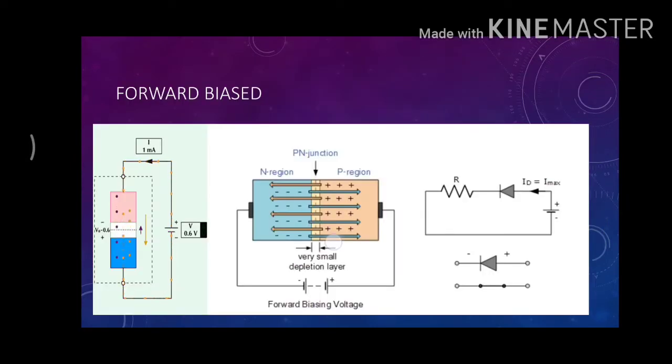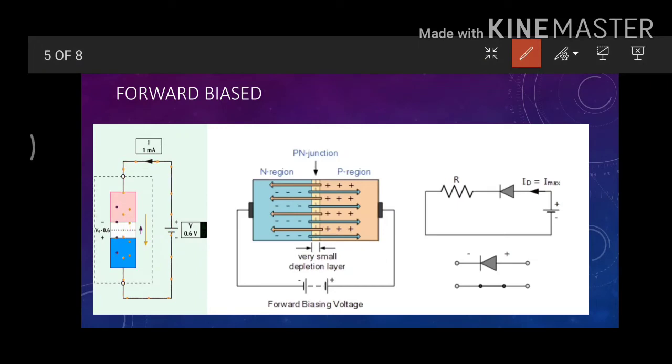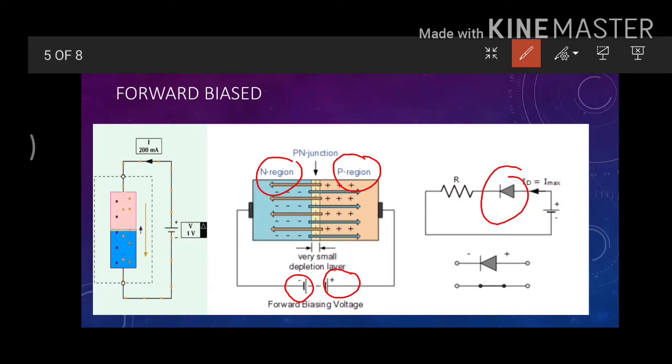So this is a forward bias condition. What is the forward bias condition? Forward bias is the condition in which we connect the n-type region with the negative side of the battery and the p-type region with the positive side of the battery. Here is the symbol. In such a scenario the diode works as a short circuit in the ideal case. However, practically it has a drop of 0.7 volt, which we have talked about, because of the depletion region.